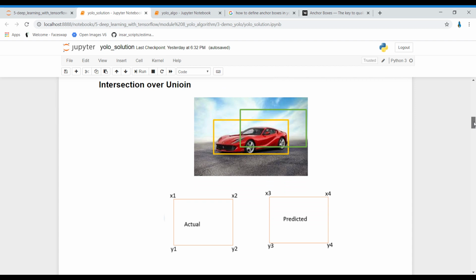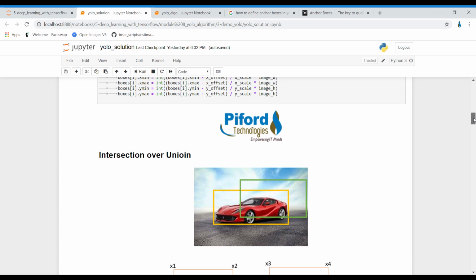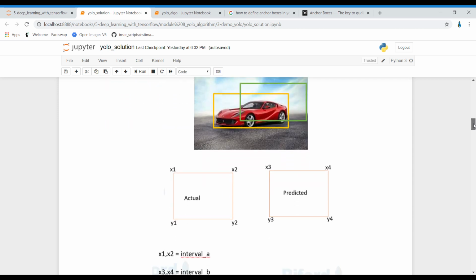Whenever you want to perform intersection over union, you need two bounding boxes, then only can we calculate it, right? So suppose we have these two boxes. This is the actual box, with parameters x1 and x2, y1 and y2, and the other box has parameters x3, x4 and y3, y4.